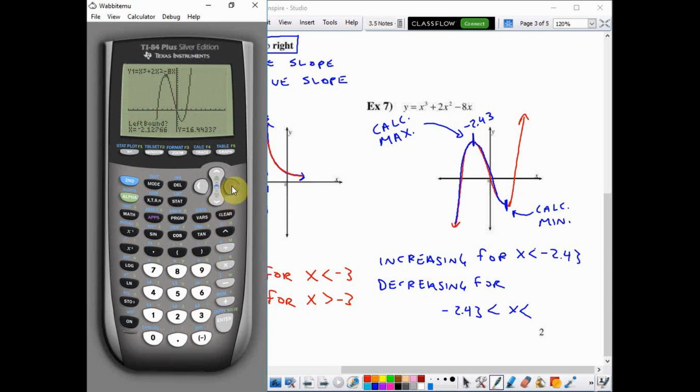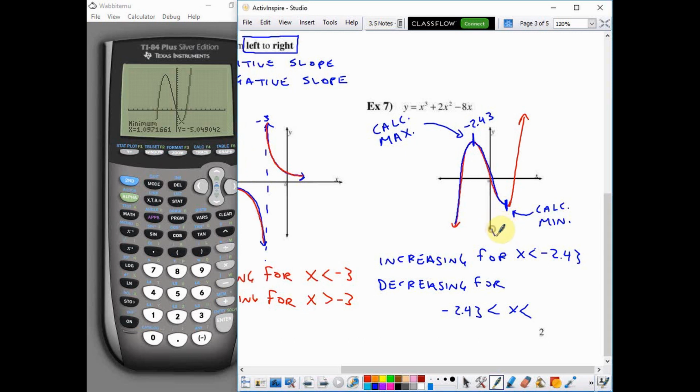I want my cursor first on the left side, enter, and then on the right side, enter. So I'm going to calculate a minimum between those 2 points. So between that arrow that you kind of see a little bit there and right there, enter. And I've got my minimum. The x value is 1.097. The y value, negative 5.049. So the x value at that minimum is